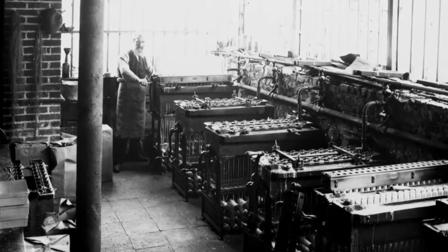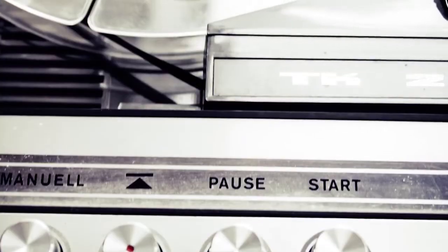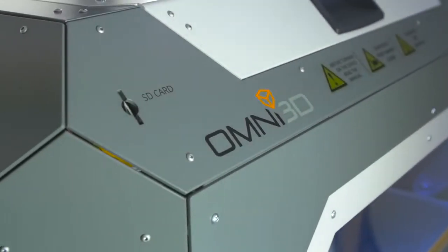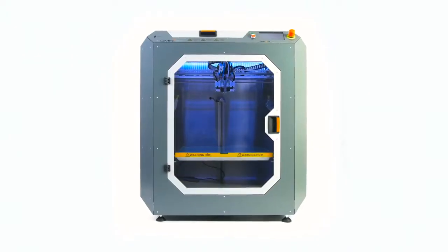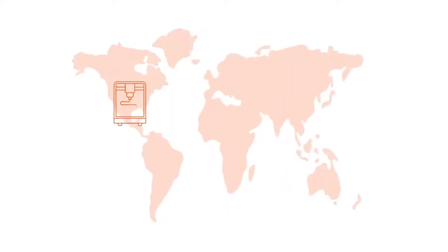Technology was the driving force of all industrial revolutions. 30 years ago, with the invention of 3D printing, began another, the fourth industrial revolution, which has been speeding up unbelievably in the past few years now. The costs of professional 3D printing solutions have decreased significantly, which is why 3D printing is now present in numerous